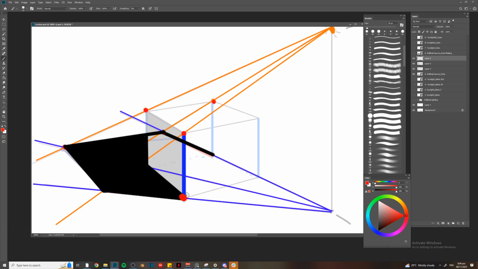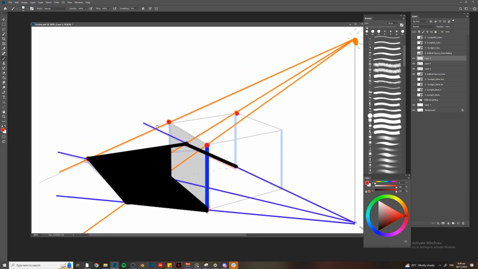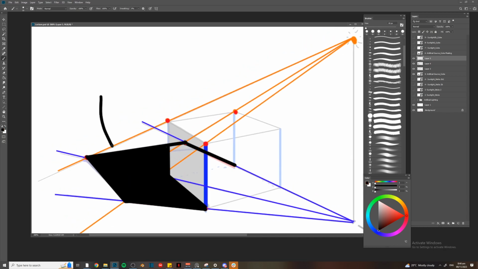You see the start of the shadow, the closest to us. So the start of the cast shadow is also where the shadow would start for the object. So this is what we call a cast shadow. Okay, so cast shadows are shadows that are cast on the ground behind the object that's being lit by